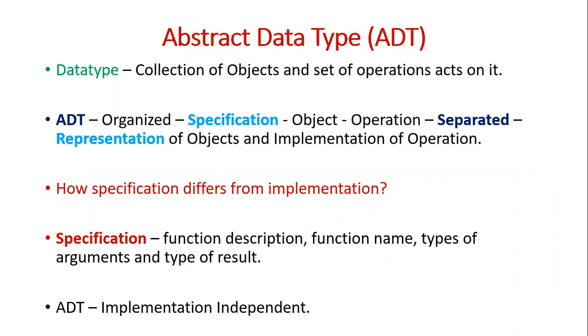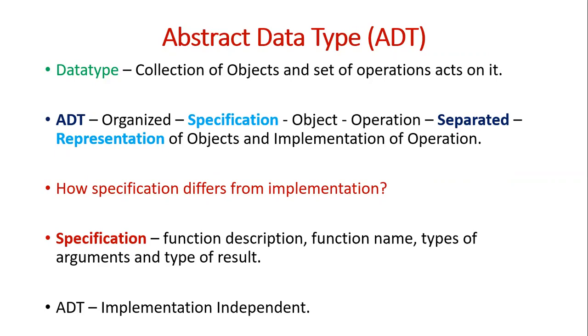If it is 8-bit, the minimum value it can take is -128 and the maximum value is 127. Like that, for every data type there will be a range, and then there are the operations you can perform on the data type. Normally if it is an integer, you can perform addition, subtraction, division, all these things. So this is how we define a data type. A data type is a collection of objects and a set of operations that can be performed on it. Right. Now let us try to understand what is meant by an abstract data type.